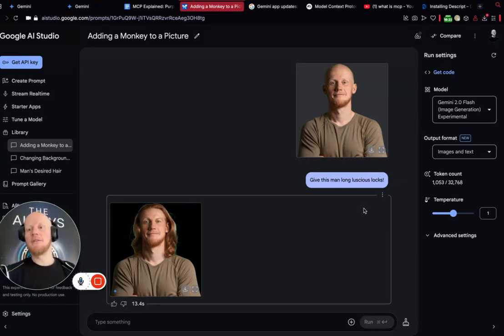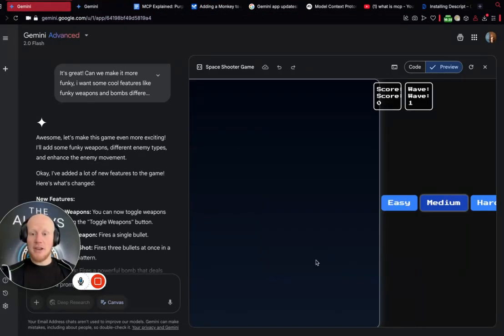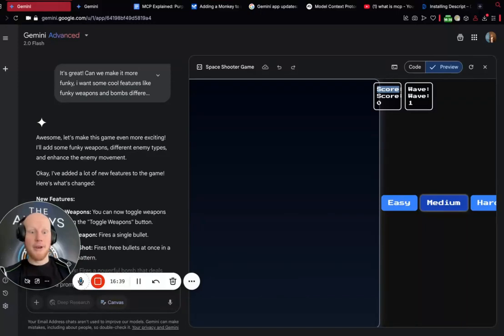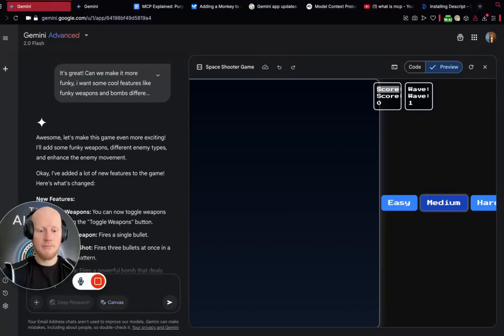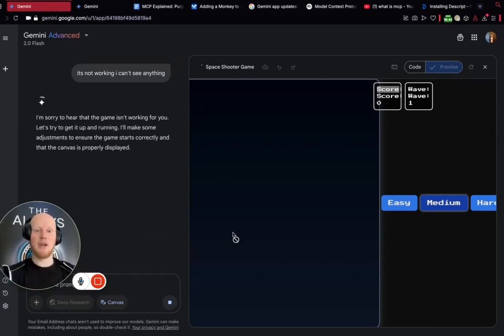I can do a deep dive into exactly how to use these different tools, but let's just go back to the app from earlier. Here we go, I've even upgraded this. Let's have a little look and see if it works. It's not working, right? Well, that's not working, unfortunately. So I'm going to need to re-prompt that and just say it's not working. That's just as an example. That's all you need to do, and then generally it will go and fix it.